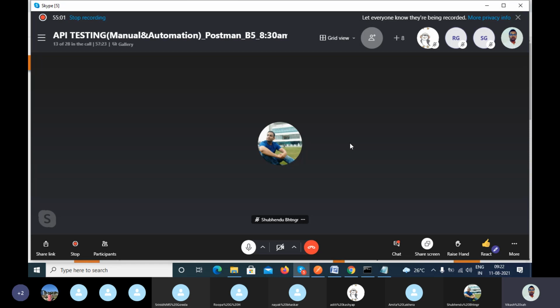If you have not passed the right thing, in that case you will get the 403 forbidden. 403 forbidden means when one user is trying to access the other user's data, in that case you will get the 403 forbidden error message, 403 forbidden status code.